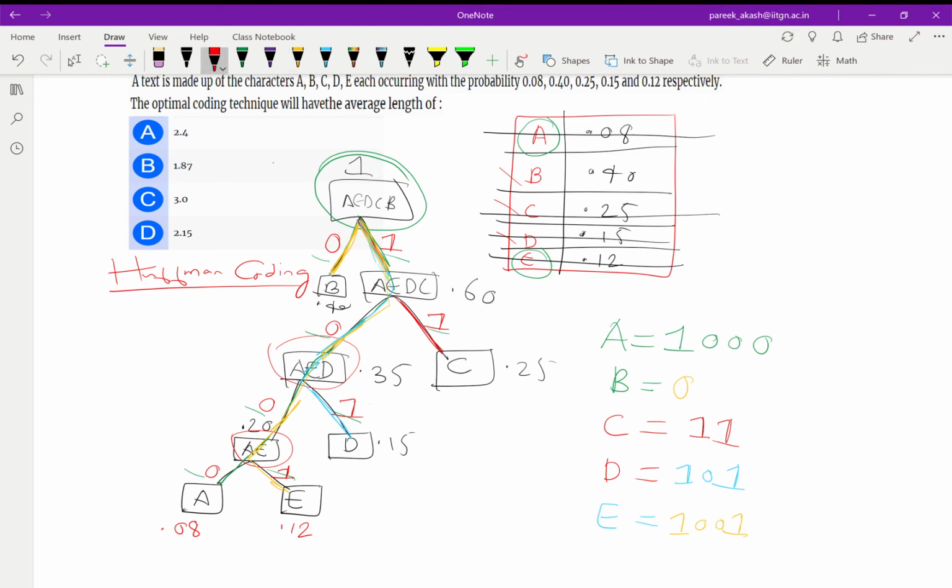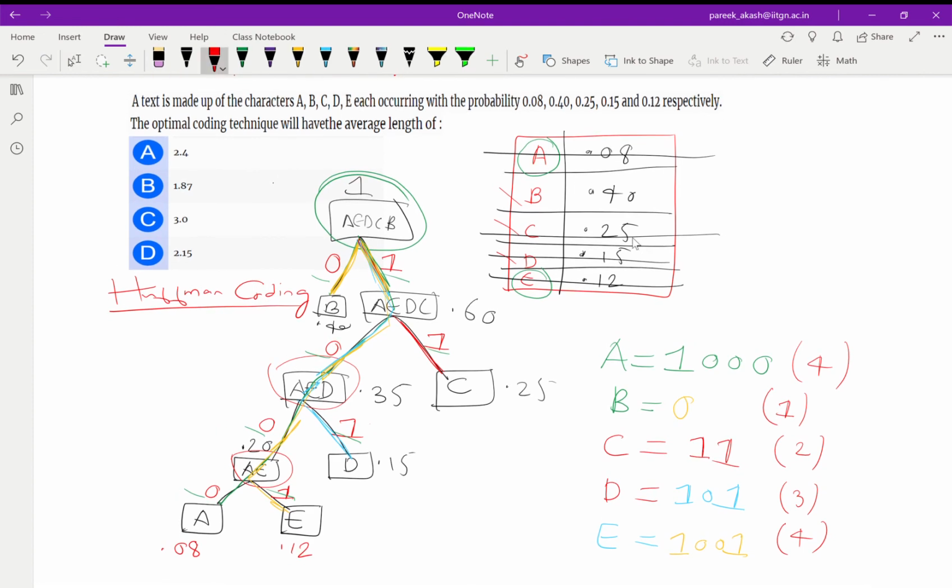So A will require a code of length 4, B a code of length 1, C a code of length 2, D a code of length 3, and E a code of length 4. If you match this length with the probability, you will see that B, whose probability of occurrence is the highest, gets the least length, and A, whose probability is least, gets the highest, that is 4.